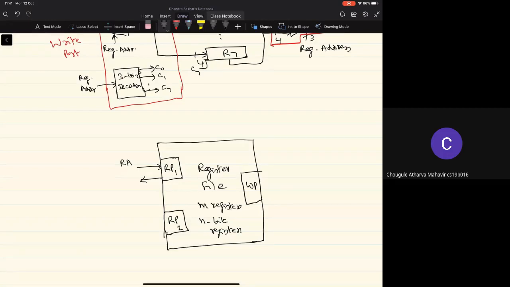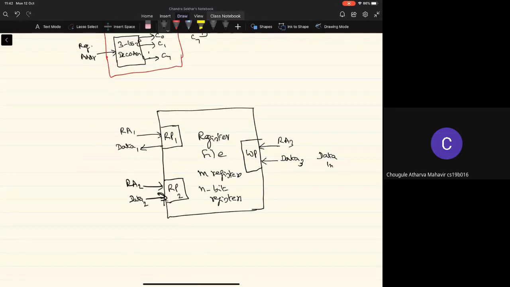This will have the register address 1, and this will be the data 1, and this will be the register address 2, data 2. And here it will be register address 3, and here it will be data 3. Actually, data 3 will be nothing but the data in of the register file. What will be the sizes of each of these inputs and outputs?